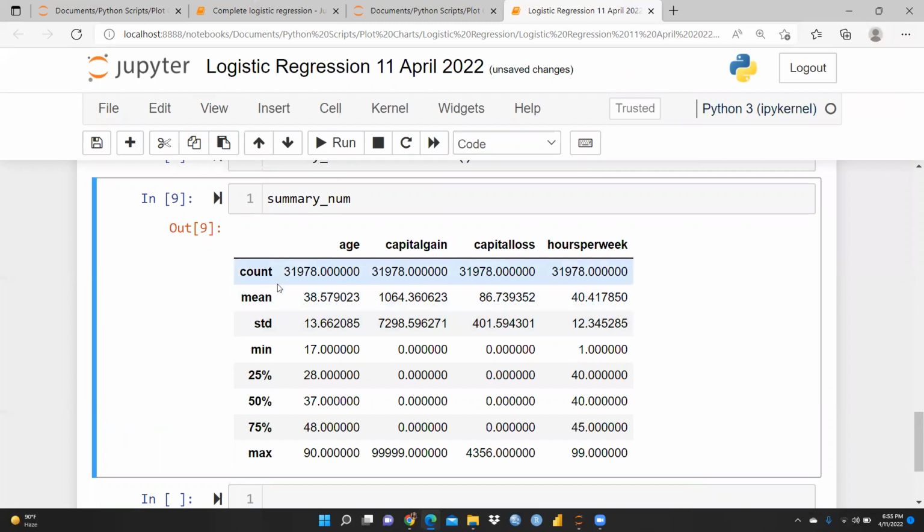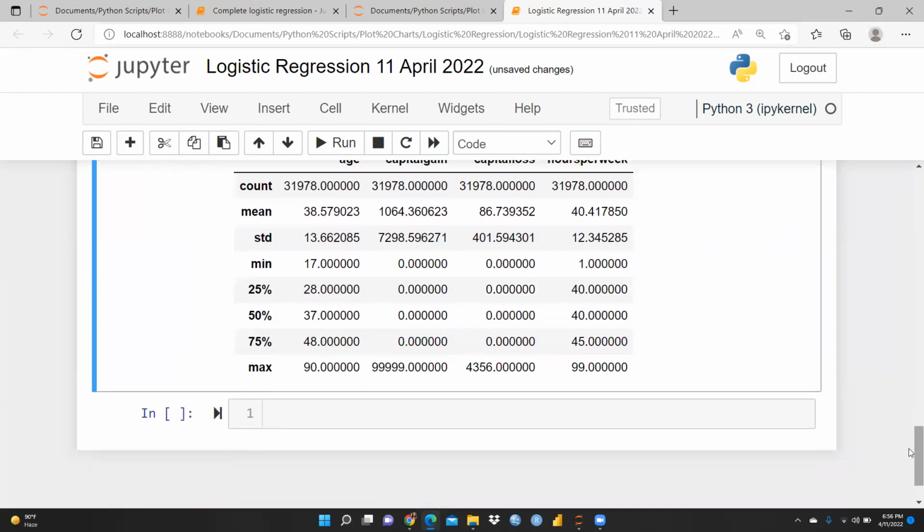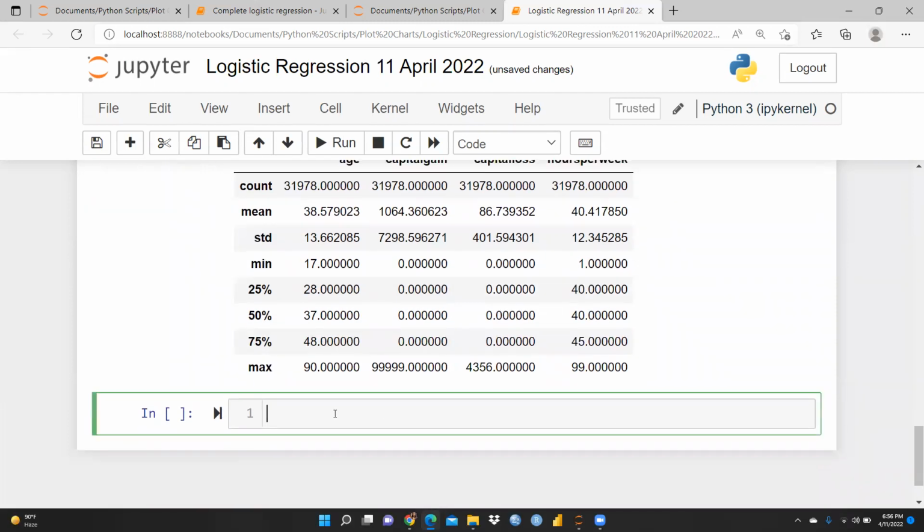Here you can see the mean value is 38.57 for this particular column, this much, 86.73 for capital loss, and hours per week 40.41. Standard deviation is 13.66, and all these things, minimum value, 25%, 50%, 75%, and after that it reflects the maximum